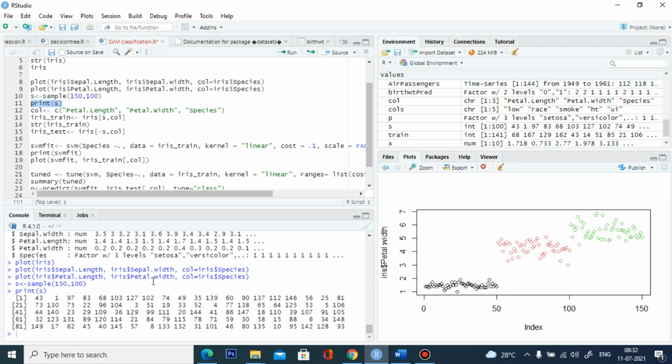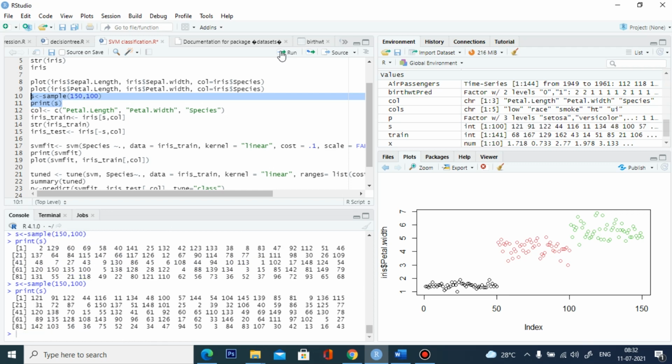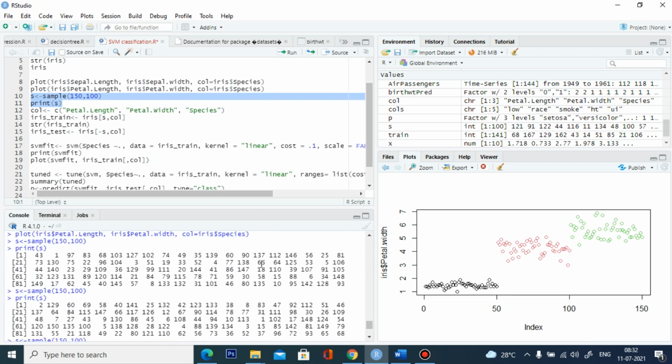Each and every time you run this, different samples are generated. Based on that, we can train our data with different samples to make a better classification. I will explain. Here I am going to run the sample another time. So there are differences in the samples. I am going to run it another time. Here the 100 samples are randomly generated. You can see this in the data model.